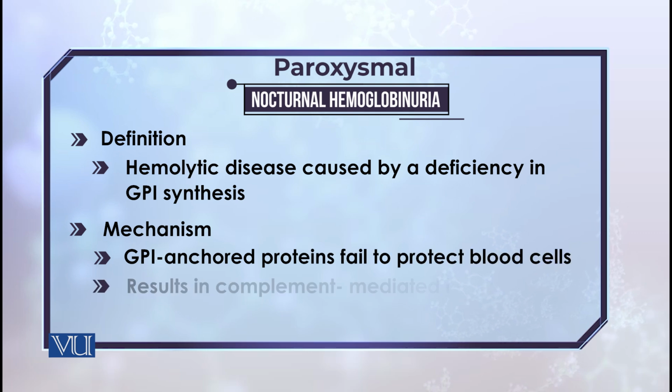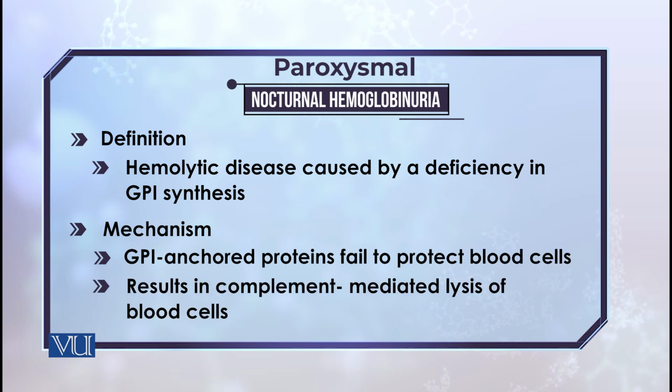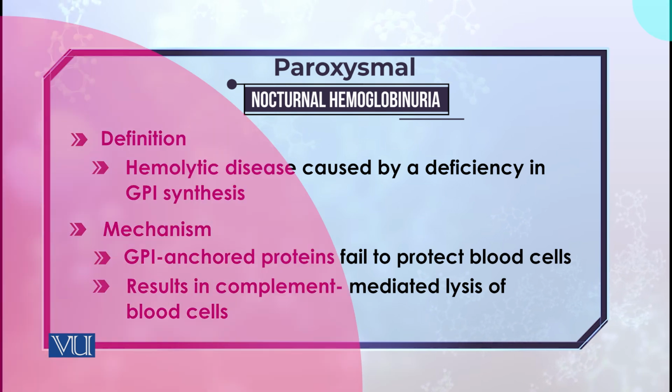What happens actually is that the proteins which are anchored by the GPI are not able to protect the cells from the collapse, because the GPI is not being produced in sufficient amount. What happens as a result of this? This activates the immune system, specifically the complement system of your cells, which leads to the complement mediated lysis of